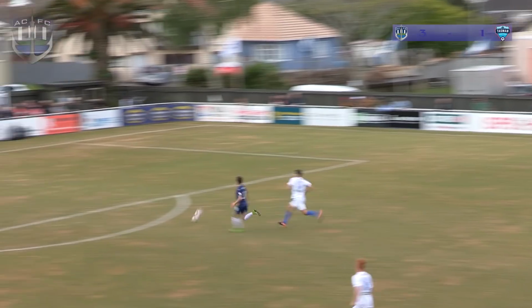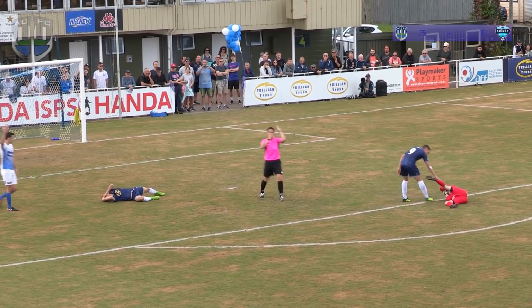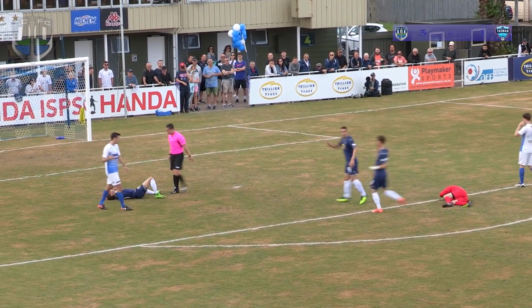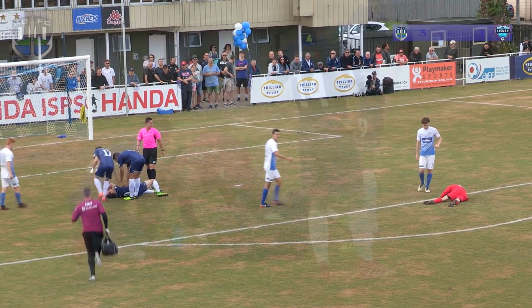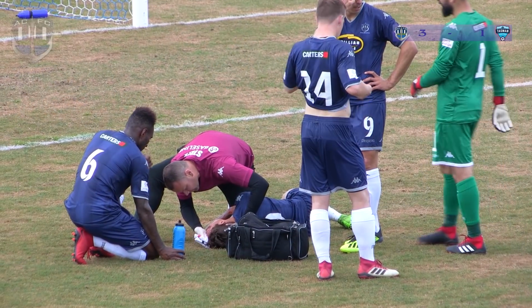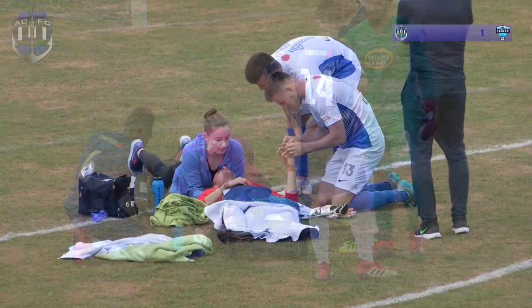Vale, that's a very good ball. Brown and Wilson. Oh, there's a collision here. David Brown is down. Corey Wilson is down. This looks very serious indeed. And you can tell by the reaction of the players there that they require medical assistance. David Brown being attended to by